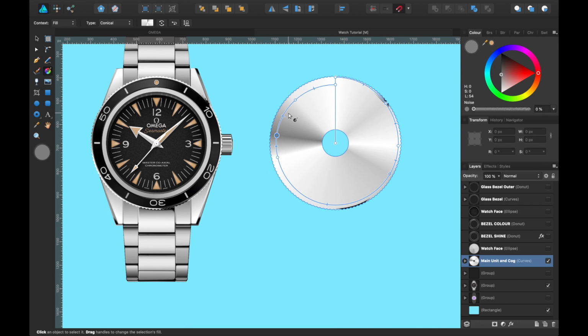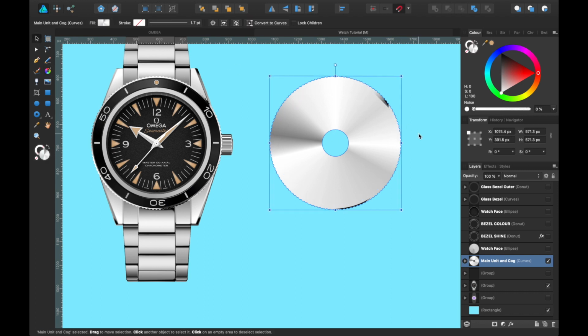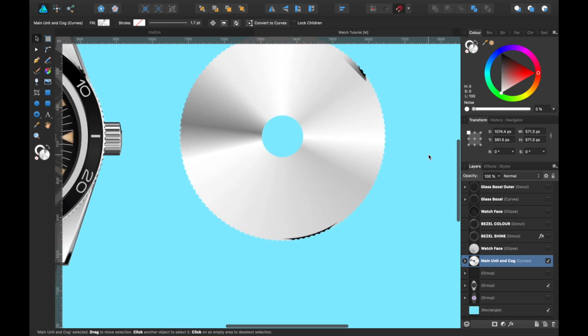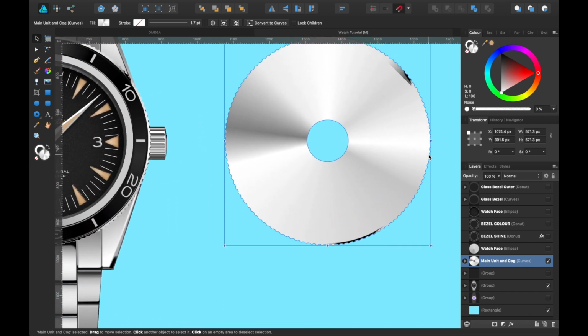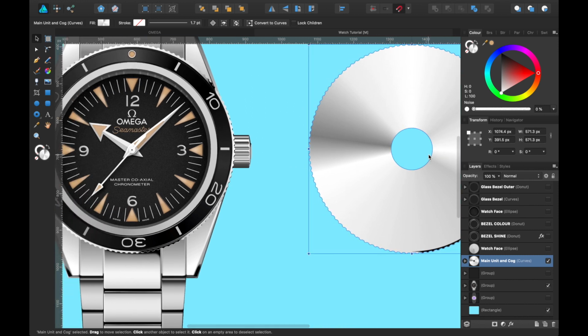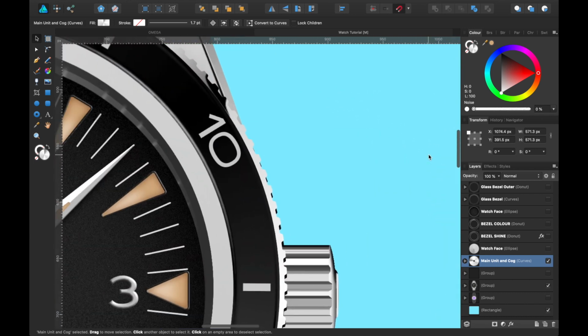remember about the light source, where the light's coming from. You want to be careful that you do it justice from where the light would have come from, would it be a real watch. Let me go ahead and show you the next section that I did. This is getting in a little bit more detail now, but the things that I really think have made it look a little bit more realistic, a lot less cartoony.